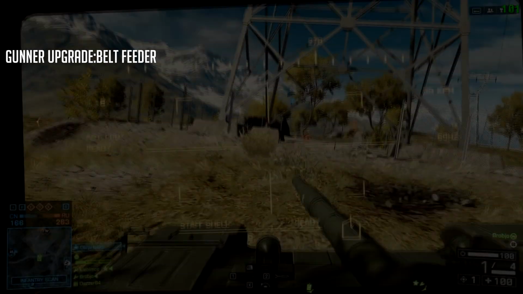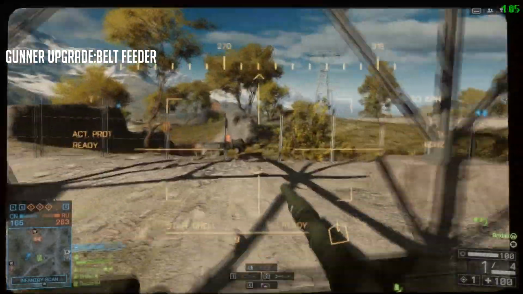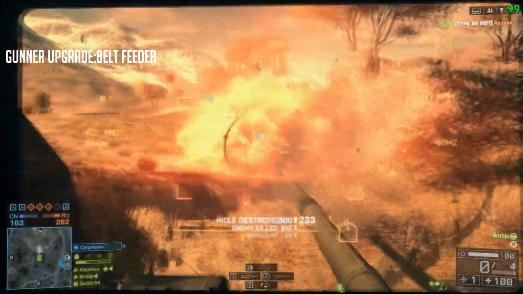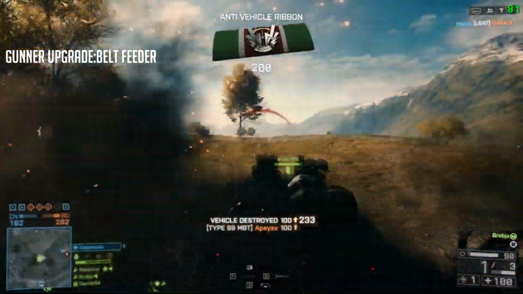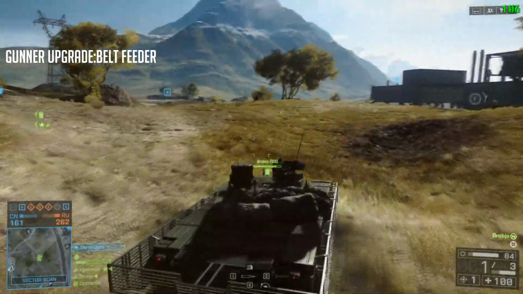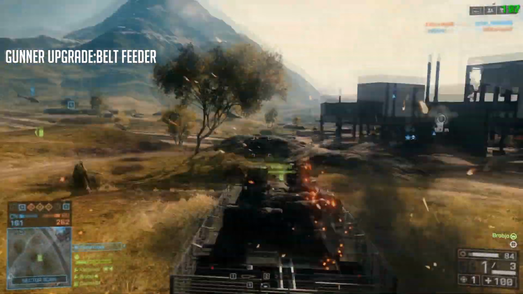The belt feeder upgrade makes you reload faster, which is quite useful as a gunner, especially in the very intense situations where you need to dish out the maximum amount of bullets as fast as possible. In my experience, the proximity scan shouldn't be necessary, simply because you as a gunner should be situationally aware enough